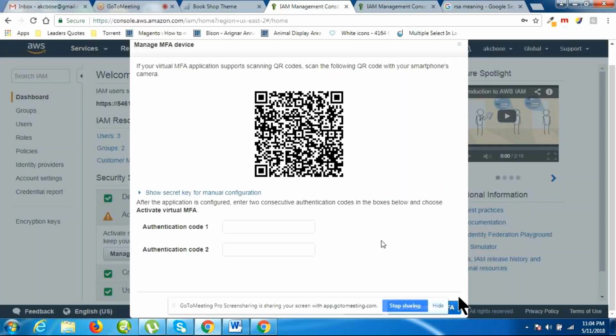So after opening this app, you need to scan this barcode. Once you have scanned the barcode, you will be prompted with two numbers, and you need to enter that number within 30 seconds. So here I have to enter, right?